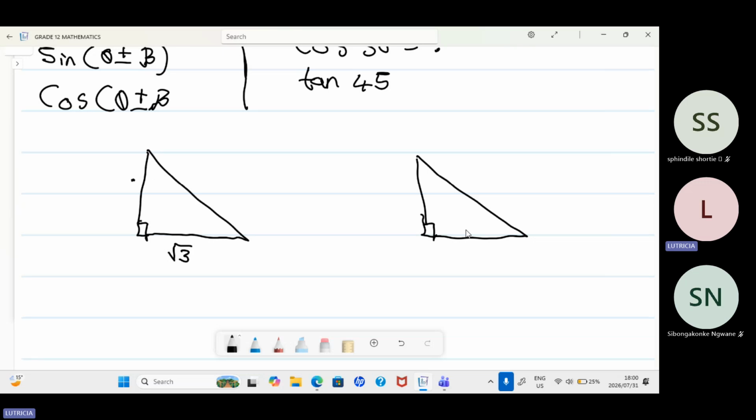Then we have this one of 1 and 1, and then it's root 2, and it has 45 degrees for both angles. So if you know this, it should be easy for you to solve the compound angles. Okay, and then with compound angles, for sine,